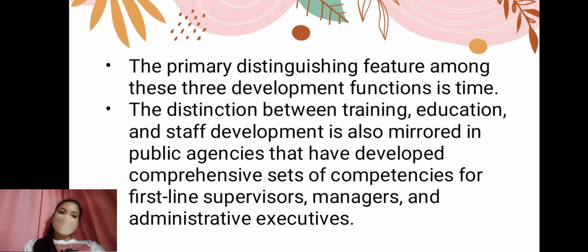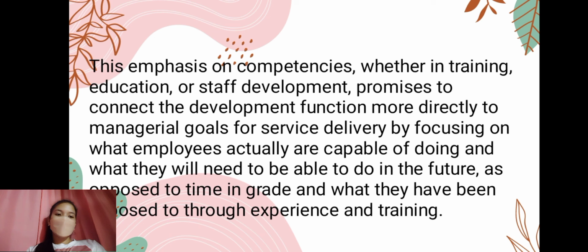The distinction between training, education, and staff development is also mirrored in public agencies that have developed comprehensive sets of competencies for first-line supervisors, managers, and administrative executives. This emphasis on competencies, whether in training, education, or staff development, promises to connect the development function more directly to managerial goals for service delivery by focusing on what employees actually are capable of doing and what they will need to be able to do in the future, as opposed to time in grade and what they have been exposed to through